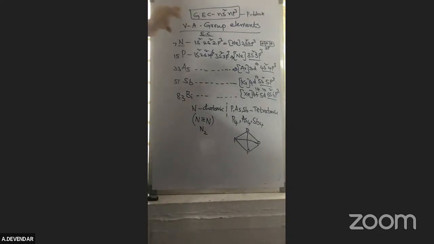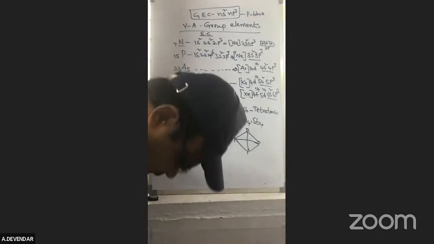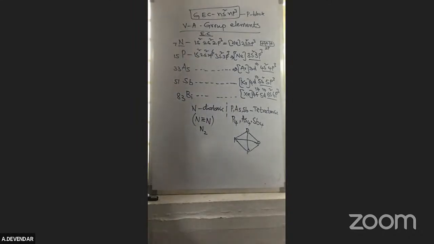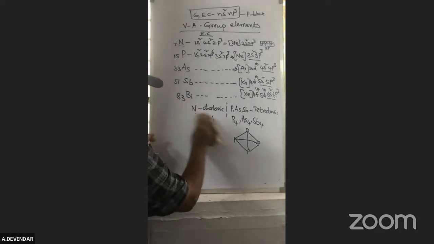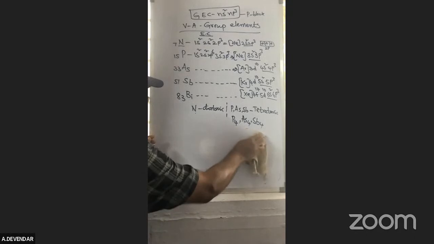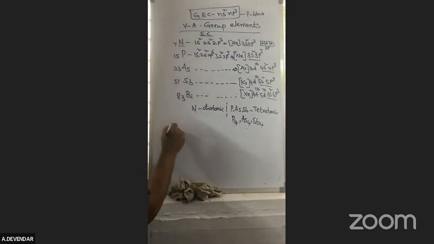Now, after the electronic configuration property, you can discuss the hydrides. Just like we discussed last time, the carbon hydrides, that is the hydrides of the 4th group elements, here also the hydrides are